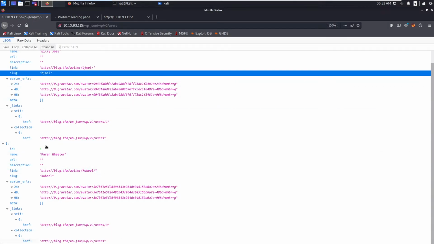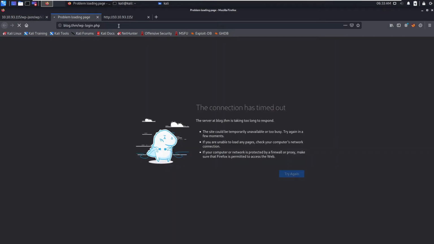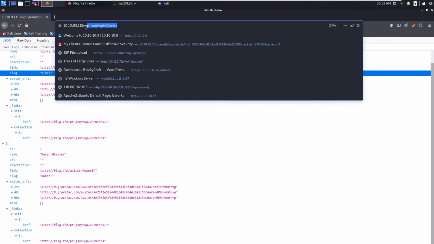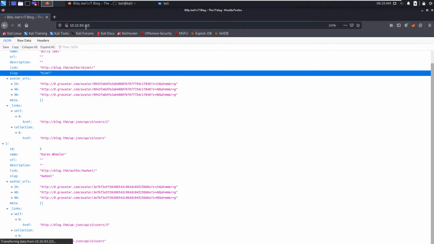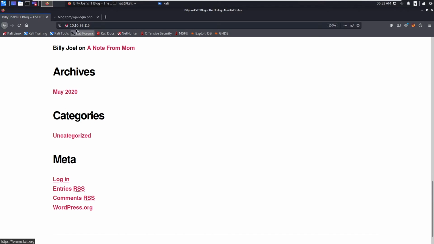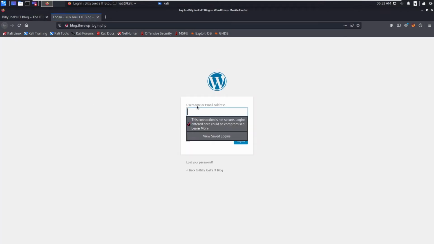Okay, now we have the two users, bjoel and Karen Wheeler, and we have WordPress 5 as the version. Okay, let's click again and open the login page again.